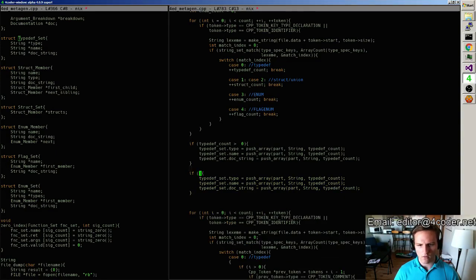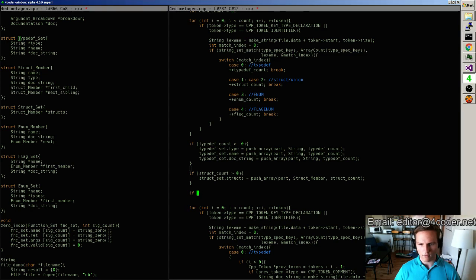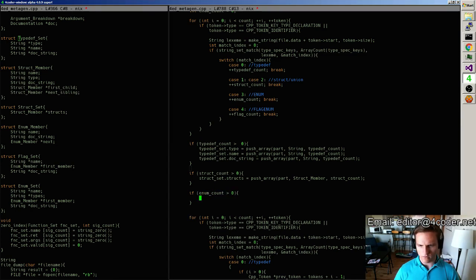So type def count, struct count, struct set dot structs equals push away struct members, push away. Yeah, that's what I meant to say. Push away. If enum member count is greater than 0, enum set